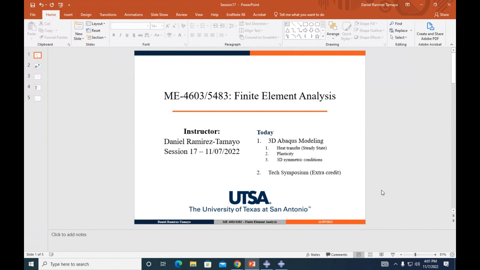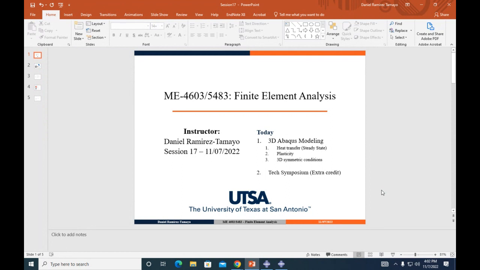Okay. Today we're gonna do some cool modeling. We're gonna do 3D modeling, not a plate, because we've been doing a lot of plates. So we're gonna do something that we see in the industry a lot, that is called pressure vessels. You use this for oil and gas, for storage of gas. This can also be extrapolated to thick wall cylinders. Whenever you have a pipe that's treated as a thick or thin wall cylinder, depending on that, you assume some conditions. Those problems generally you can solve by hand. There are some known solutions for those problems.